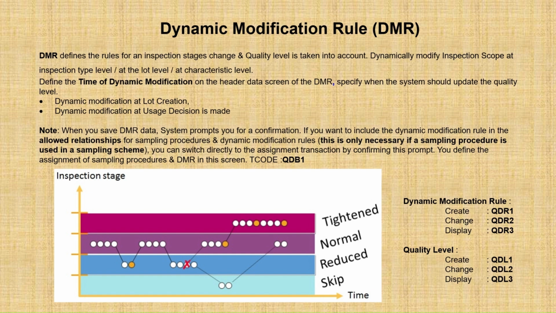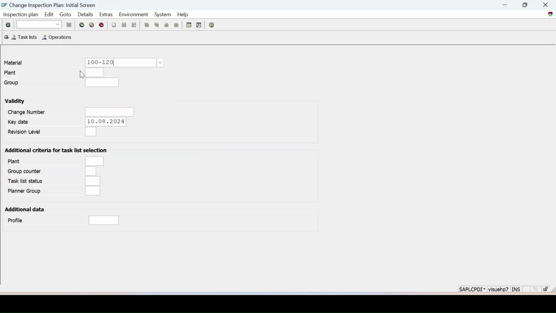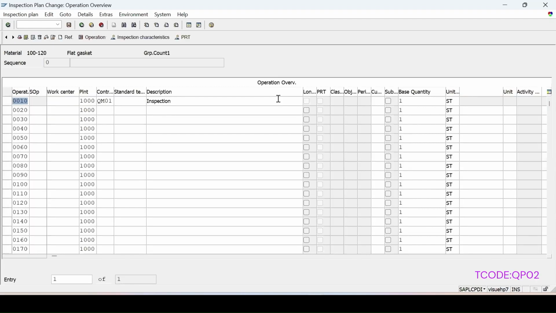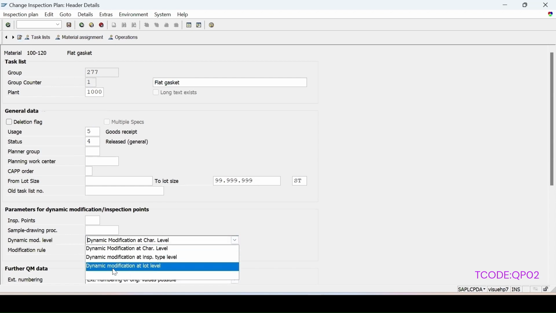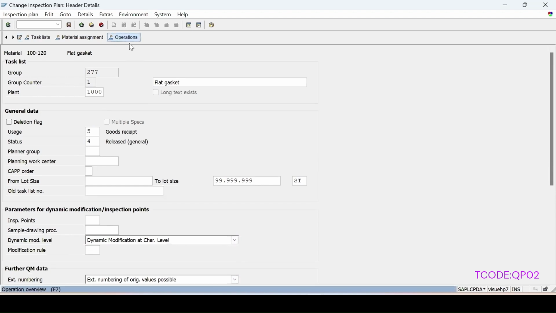So in those cases, I can apply this DMR at the characteristics level. I can specify my dynamic modification rule. The material is 100-120, okay, and the plant is 1000. At the header level, if I want to apply it at the characteristics level, you will select this characteristics level instead of the lot level. At the header level, you are not assigning it. You will select this, and so you will remove from here, go to the operation and select this